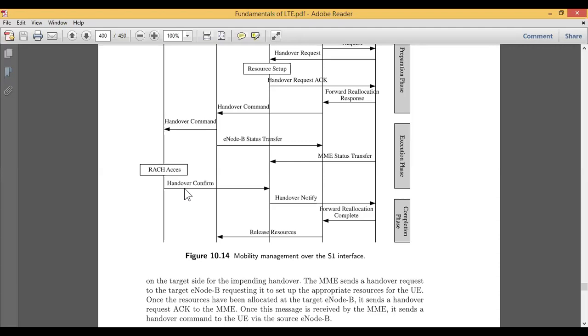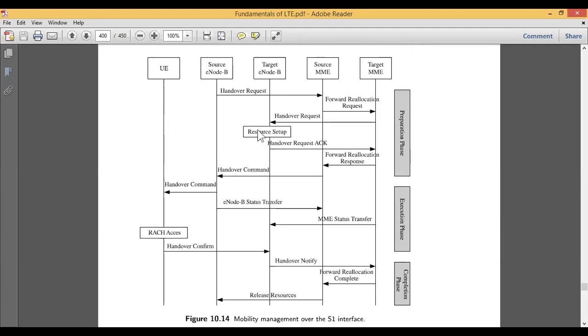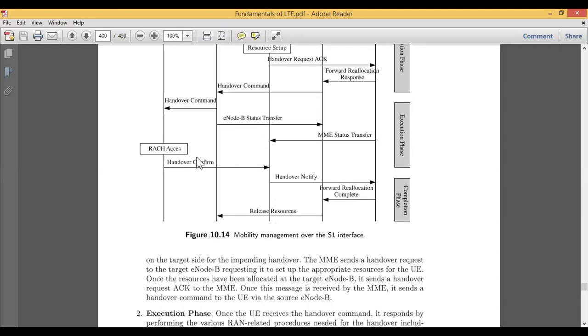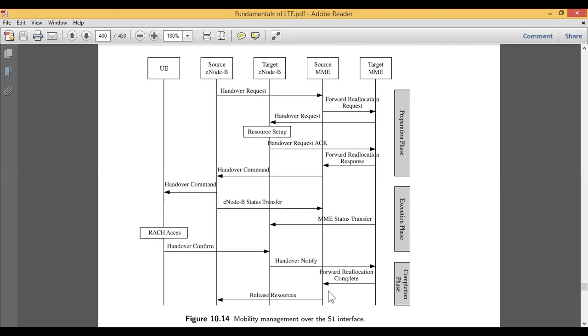Once the execution is done, what is the next procedure? You need to hand over the resources which you have taken. You took the resources initially to do the setup, so whatever resources you have taken, you need to hand over by first confirming, and then the target will notify the transfer MME, and the transfer MME will give a response that the execution has been completed to the source MME, and in return the source MME will give a release resource.